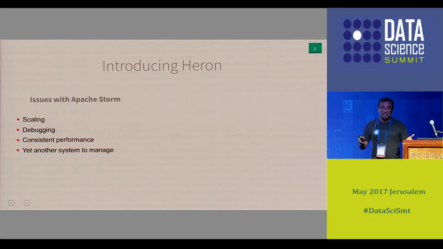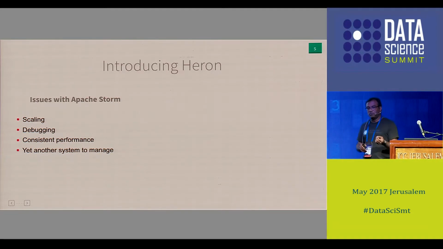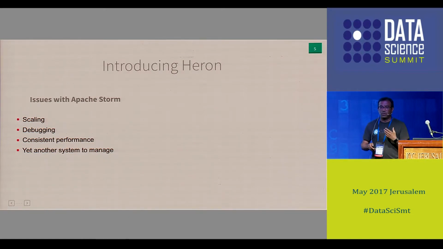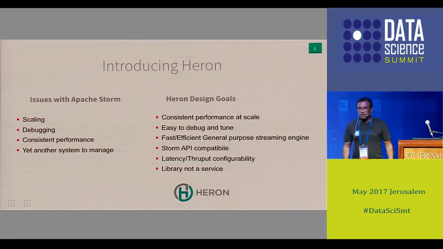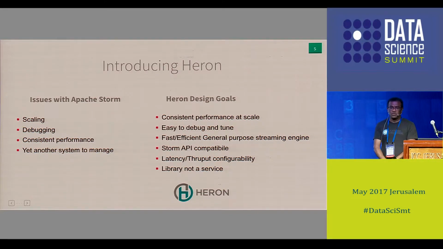And it never had consistent performance. In other words, sometimes it performed well, sometimes its performance fell down when the data was increasing. And we don't want to have two systems in place. If we introduced a new system to avoid all these Storm problems, we wanted to have one system to manage. So that's when we were deciding what to do: whether to continue with Storm and invest in Storm, or write a new system, or take some existing open source and try with it.